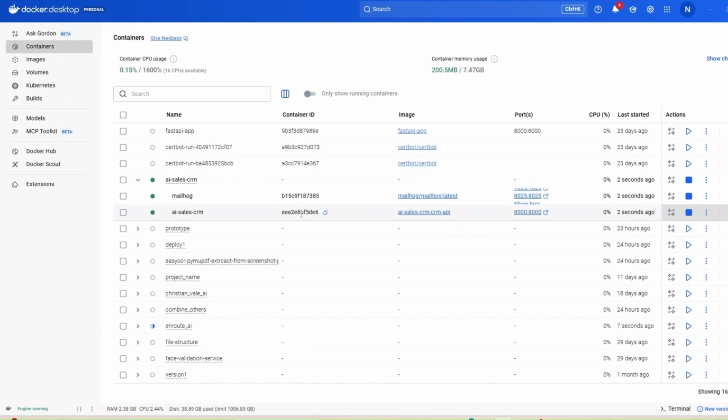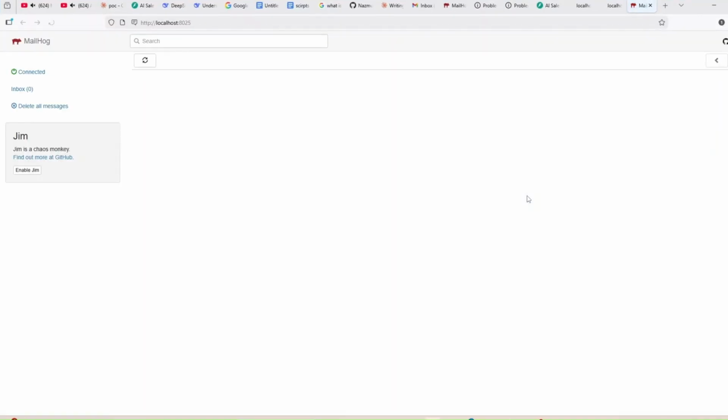Here are the two containers that I mentioned: MailHog for the email service and the FastAPI endpoint, the AI sales CRM container. If I go to MailHog now, it is empty because we haven't run any campaign yet.